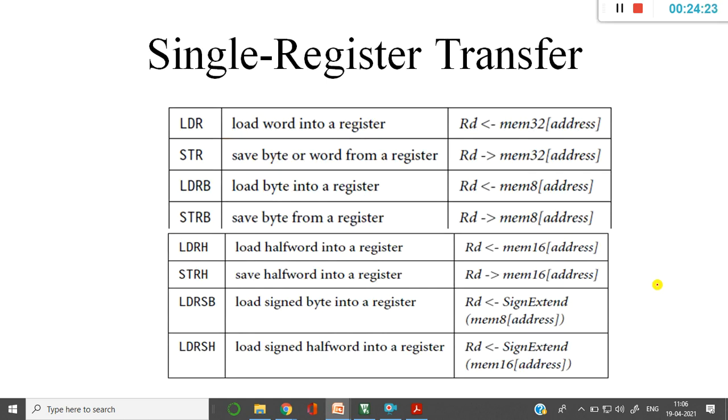Single register transfer. Now this is very important, where the next instructions are with respect to memory. LDR, STR. These are the instructions that we use to fetch the data from the memory. So far, what was happening is that we assume that the data might be immediate data and we store that immediate data